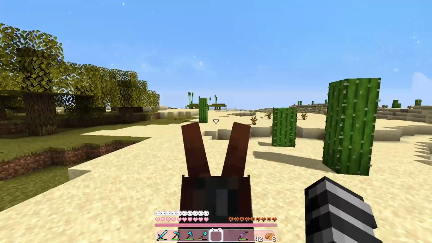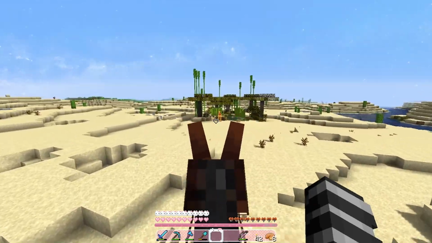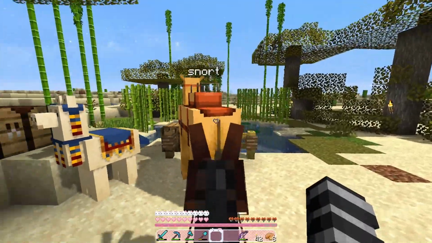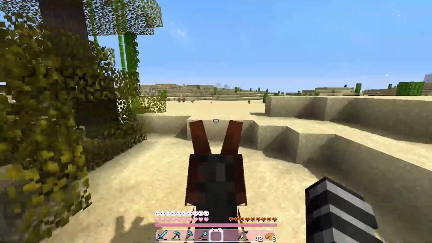Okay, anyway. Alright, so we're gonna cross the desert and this over here is a little oasis that I built for my camel and now there's a llama. But it was mainly for my camel. My camel's name is Snort. So yeah, there's my camel. You can see how tall he is. And it's just his home, so...